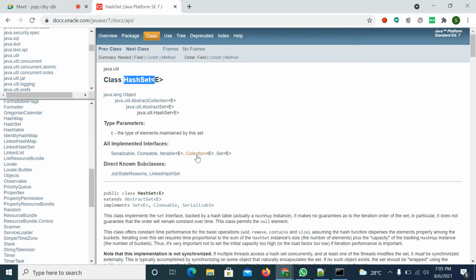So actually the Collection interface is the root. From that root, the Set interface is there. From the Set interface, the HashSet class is implemented. While implementing, HashSet is implemented from Serializable and Cloneable also, and Iterable, right? So that is valid, and it is not implemented from the RandomAccess interface.